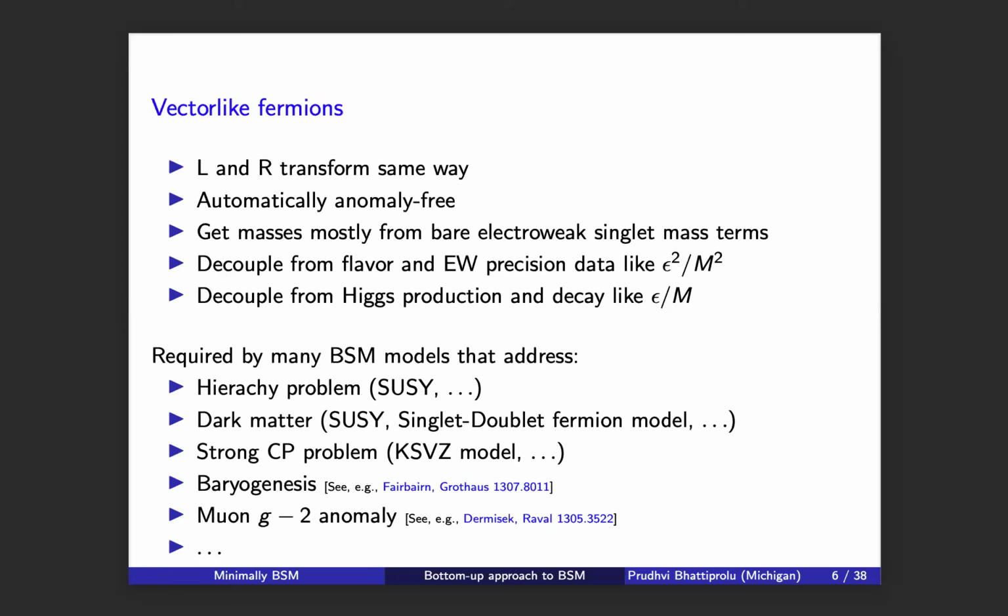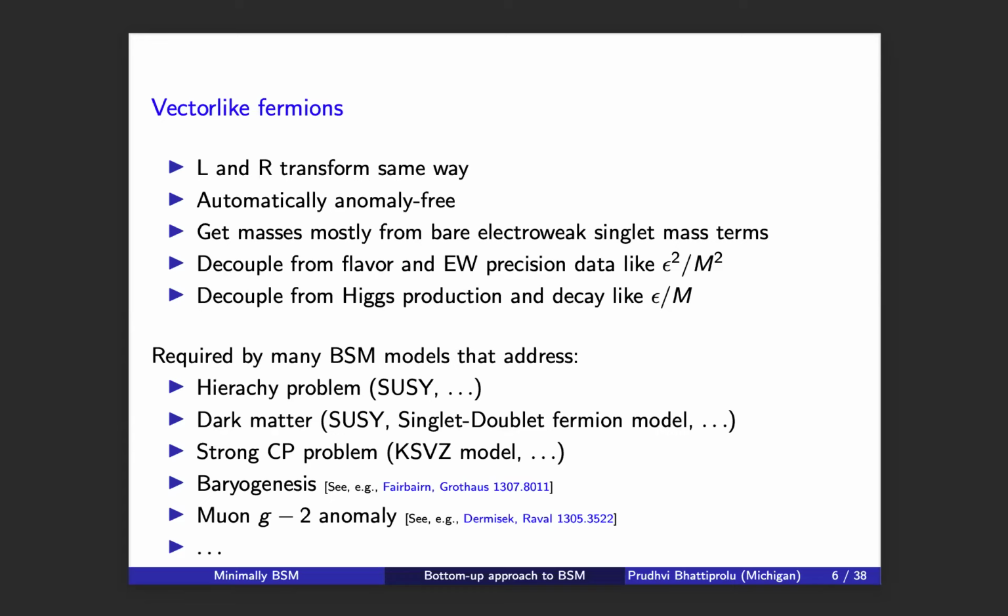And many BSM models propose the existence of these vector-like fermions, such as the ones that address the hierarchy problem. For example, supersymmetry: Higgsinos in supersymmetry are nothing but doublet vector-like leptons with specific couplings to gauginos and fermions. And then the models that address dark matter abundance. For example, neutralinos, in which Higgsino is a part of it, is vector-like, or the singlet-doublet fermion model